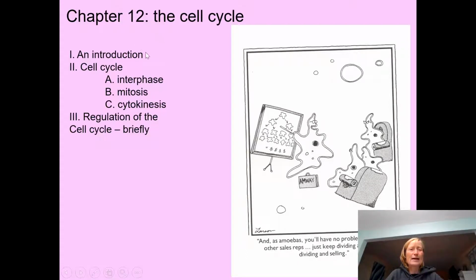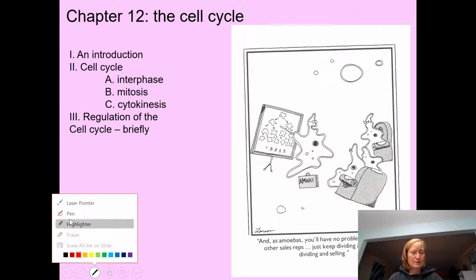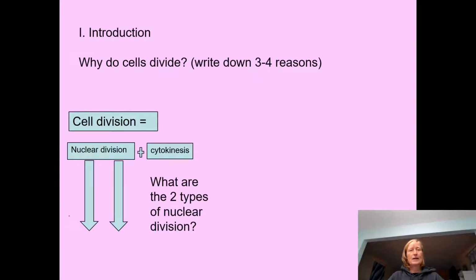We're going to take a look at introducing the topic. Then we'll look at, in detail, the cell cycle, and we'll draw out mitosis on the whiteboard, and then we'll look at cell cycle regulation. So the first question is, and we are in fact focusing on eukaryotic cells and how they divide, not prokaryotes.